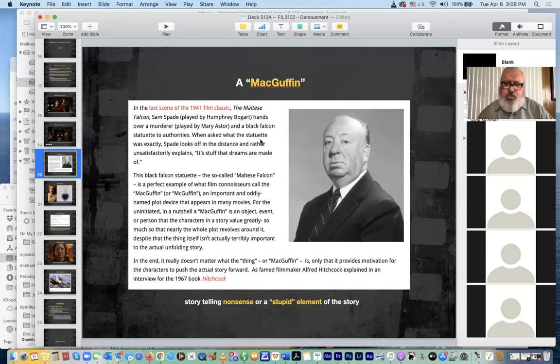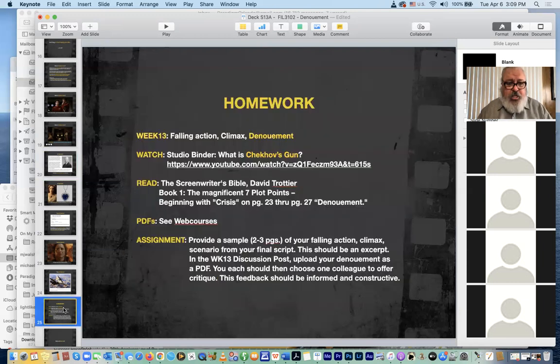But the opposite argument is, why resort to a cheap mechanical solution when you can actually seed the themes and the tone of your film all along the way and give the audience a little bit more to discover as they work in the rising action towards your climactic resolution, right? So that's really it.